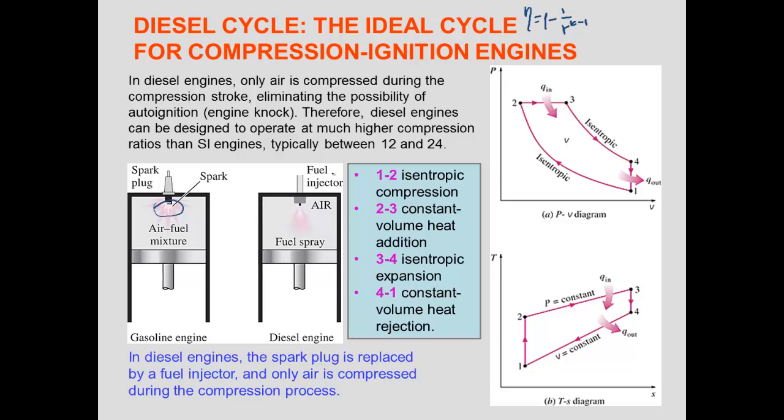So we get rid of this by compressing just air, and once we have a higher compression ratio, that will increase the temperature. And once we are at the top dead center, let's say we have here our top dead center,